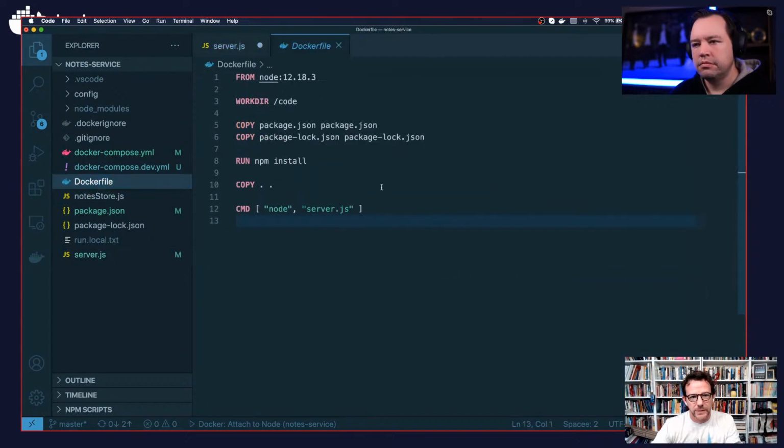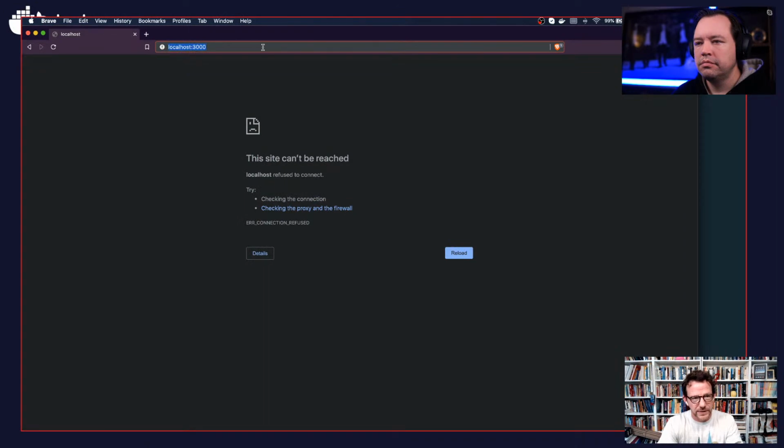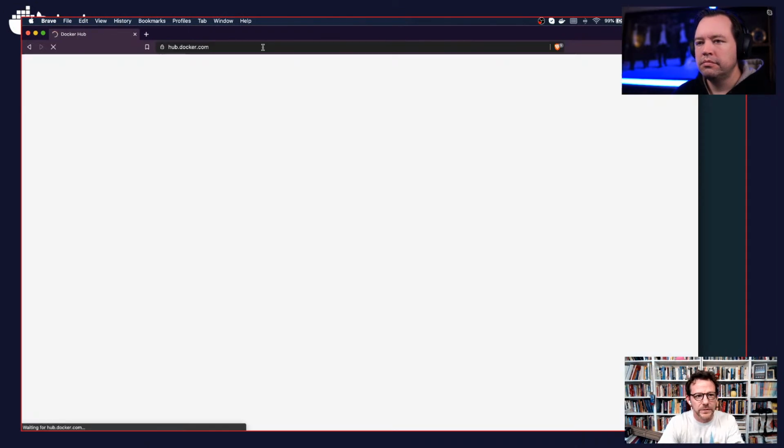So it's a pretty basic Dockerfile, pulling in from the official Node image, 12.18.3. I think I did this before, but let's do that again. Where am I getting those tags from? If you go to hub.docker.com,